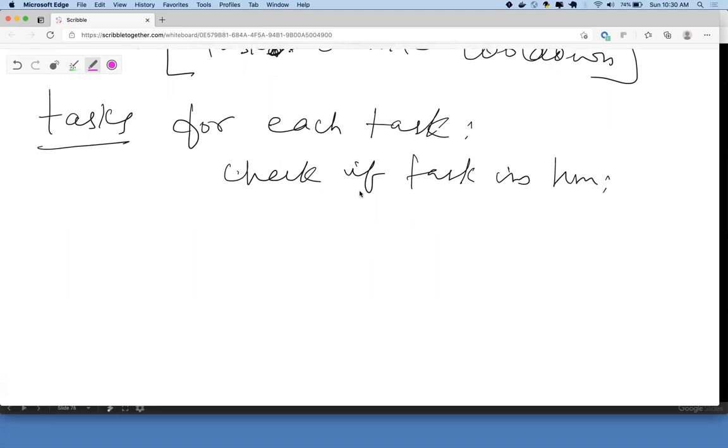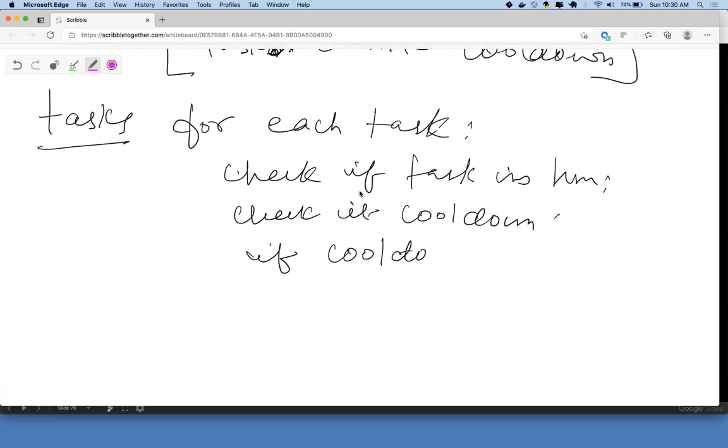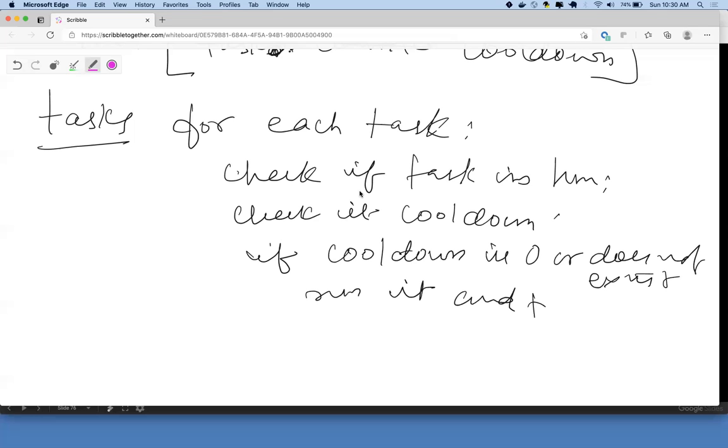For each task, if the task is in the hash map, you check its cooldown. If cooldown is 0 or it's not in the hash map, it does not exist, run it. Run it and add it to the hash map if it's not there, and start the cooling down.